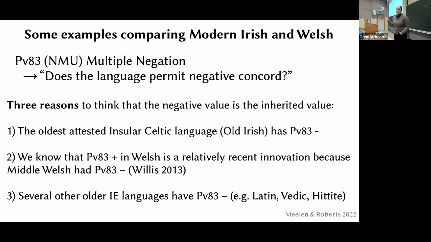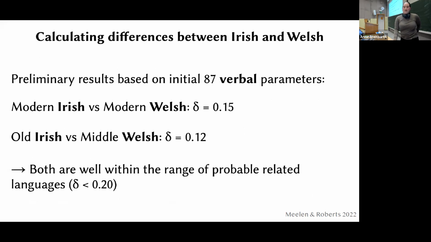And several other older Indo-European languages also have the negative case for this parameter, so Latin, Vedic, Hittite, etc. So for this, it might make more sense to reconstruct the negative value as well. Now, of course, then you can measure distances, and something that people have come up with is also to see